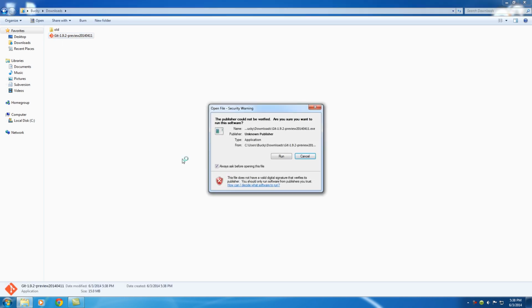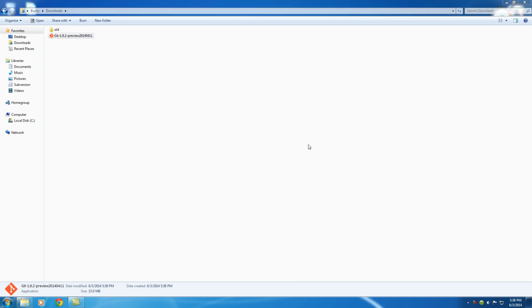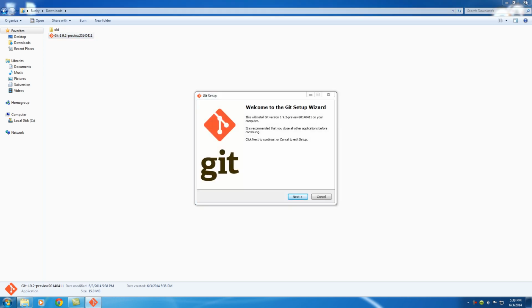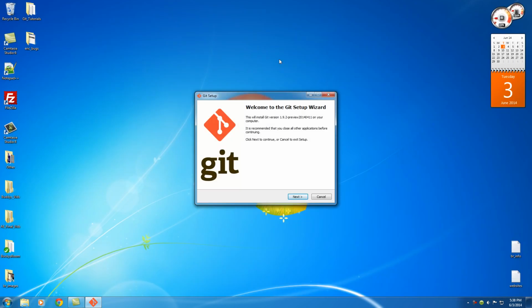But if you ever downloaded anything before, then it's going to be pretty easy to follow along. So double click this right here, and do we want to give it permission? Yada yada yada. Of course, we'll allow it. Yes. And this thing is annoying me. Close out of that. Alright, so now we got a really simple wizard, and we're actually going to keep all of the defaults. So next,